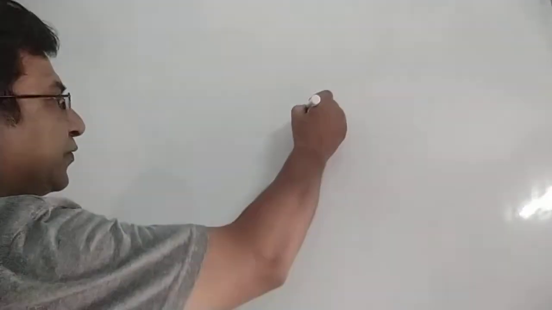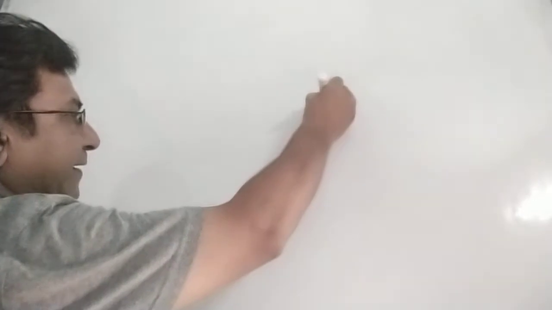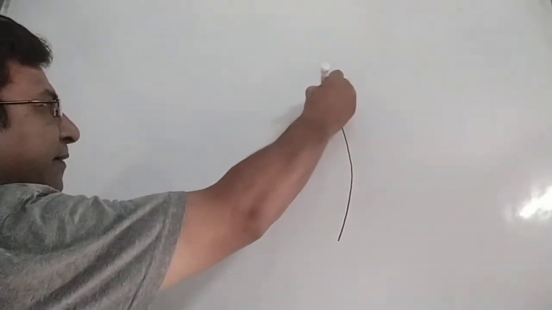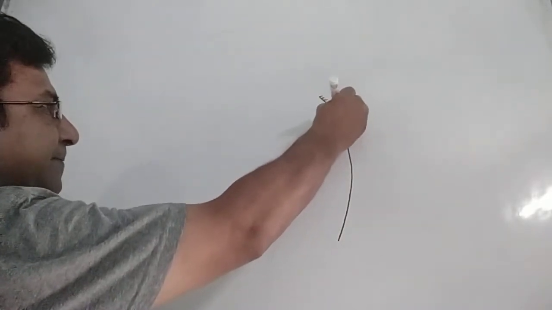Hello students. In the last video lecture we have understood about different kinds of ray diagrams on spherical mirrors. Let us go ahead and understand the sign conventions which are required for using the mirror formula. For that we have to make a ray diagram. Again, by measurement make a concave mirror.